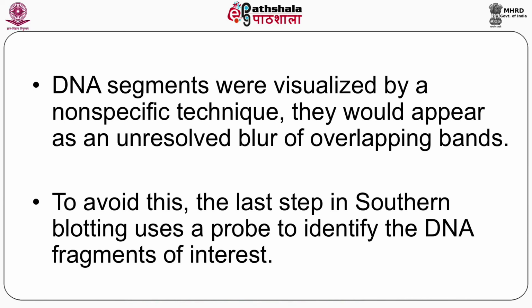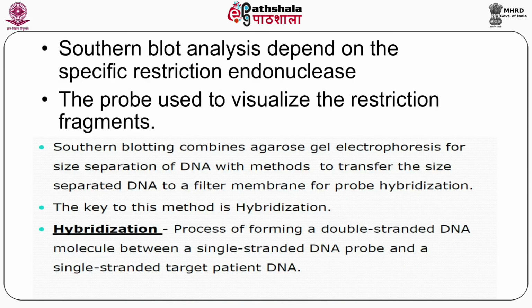Now we know for sure what the probe will be because we designed it, and therefore by finding out which particular fragment of the DNA is hybridizing with our probes, we can get a whole lot of information about the nature of that fragment, because we know for sure the identity of the probe and what the probe is doing. So Southern blotting combines gel electrophoresis for size separation of the DNA, and then transfer onto the nitrocellulose or PVDF membrane.